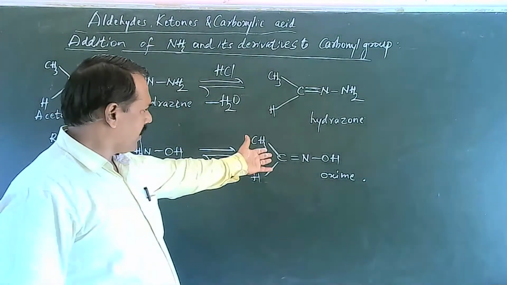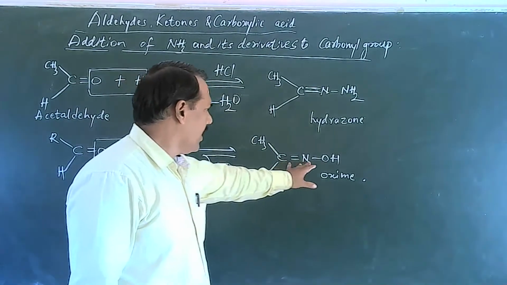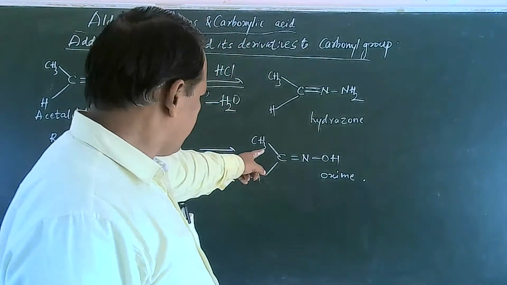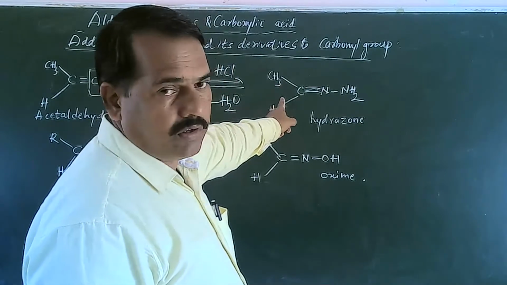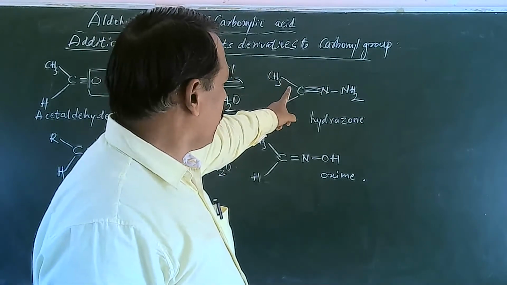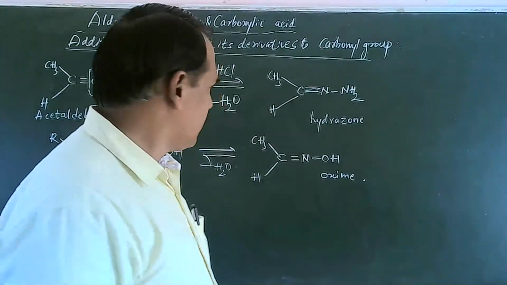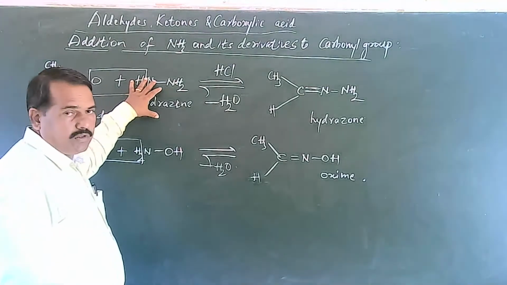Are you clear? Very simple reaction. CH3 CH double bond N OH, this is nothing but an oxime, and that is a hydrazone, CH3 CH double bond N NH2. Are you clear? See again, when it reacts with